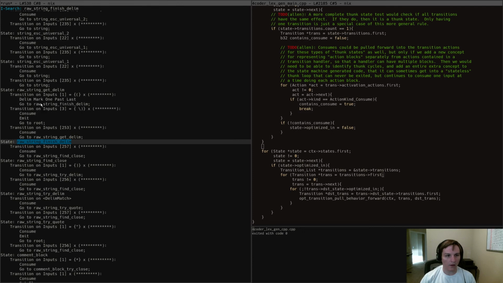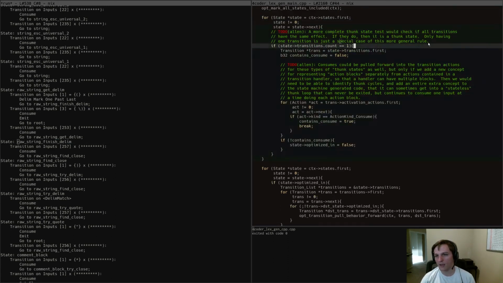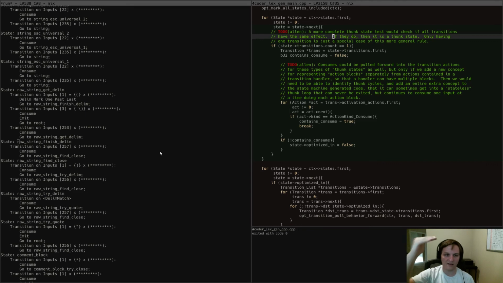Another thing we could do is to simplify transitions by merging transitions that have the same behaviors. This was something I was thinking about after I said this stuff up here about, oh, what if we check to see if all the transitions have the same effect, and if they do, it's a thunk state. Well, maybe the opposite of that, or a better version of that, is if there's a state with multiple transitions that do the same thing, let's merge them, because there's no reason anymore for us to leave them separate. The set system we have will let us manipulate them by unioning them together, so we can just say, for every transition that matches the effects of this transition in this state, merge its conditions into mine after we've done the simplification pass by unioning them, and then